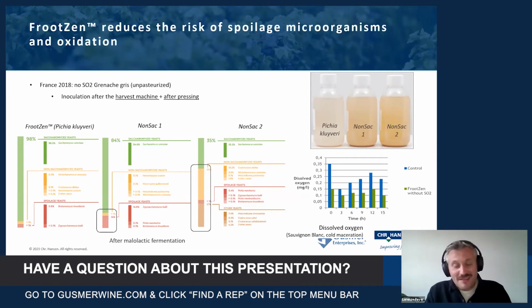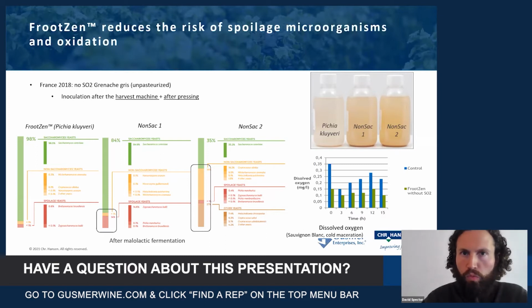Well, we had a little bit of everything. With FrootZen, especially in France, we are pushing for a regime where the winemaker can start to reduce SO2. The no-SO2 approach needs to be driven quite well, but more and more we have customers who just like to reduce some of the SO2. So it combines very well, having some of this natural bioprotective or antioxidative effect of FrootZen, and then a complementary reduced SO2 effect. Okay, thank you very much.